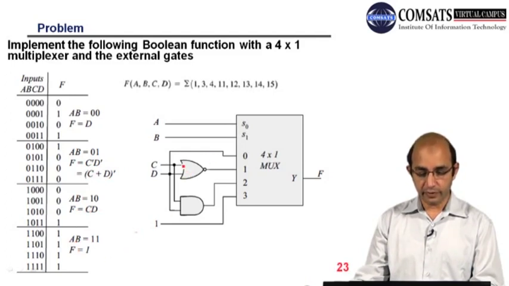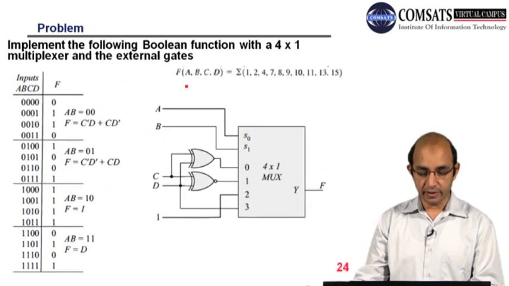So you can see we have this NOR gate with CD. This is the AND gate, with CD again. And here is the output. So this is the 4 into 1 multiplexer, and we have implemented this. So now we have to implement this Boolean expression, and we can use